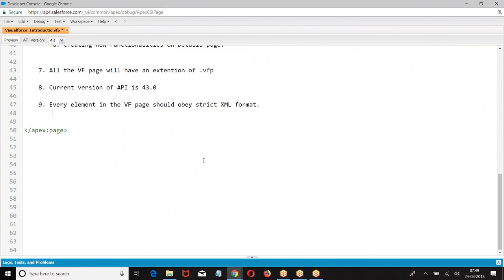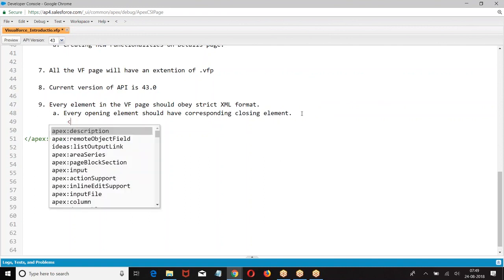Every opening element should have a closing element. So look at this. Every opening element should have a corresponding closing element.